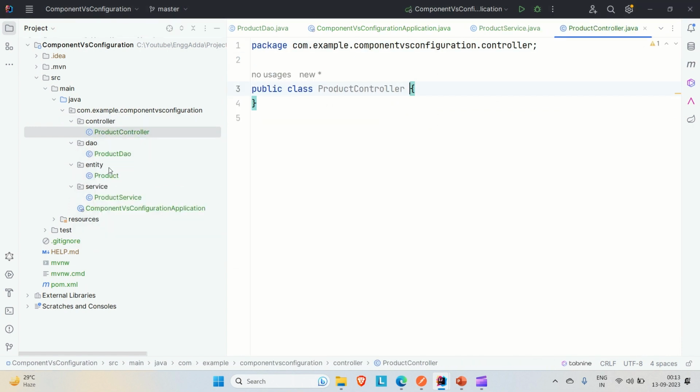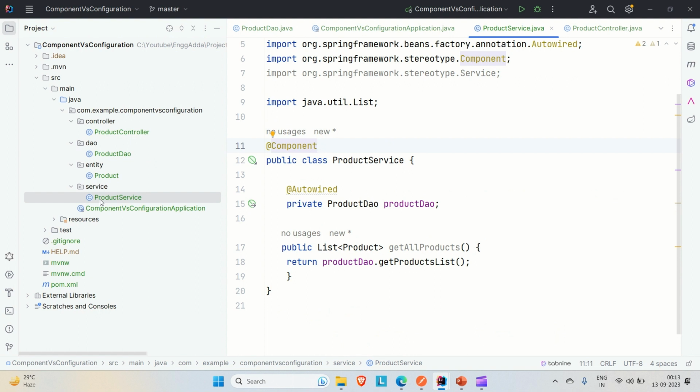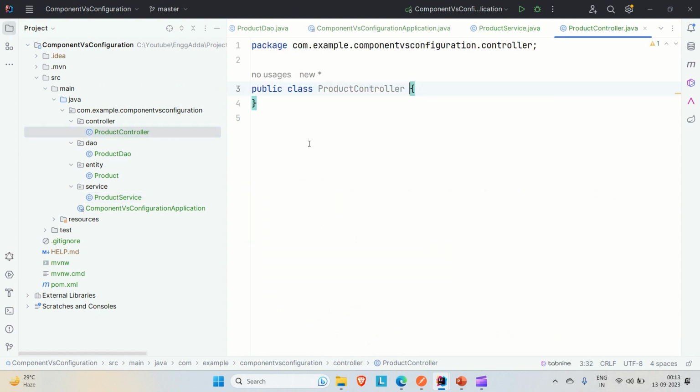So are you understanding the use of this component? This @Component annotation is used to automatically create the bean for this particular class, and we can use it wherever we want. Both times we have used it at the place of the product DAO class and also at the product service class. Now we are going to use it here at the